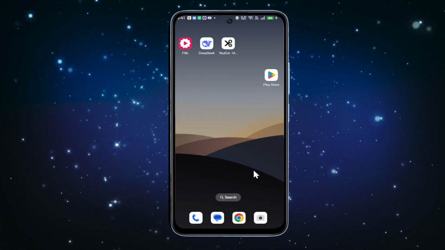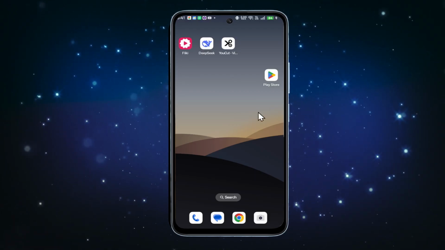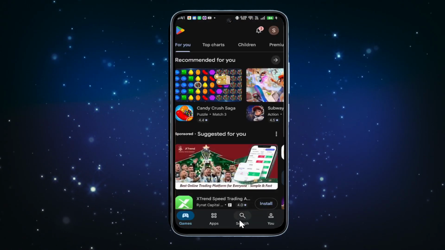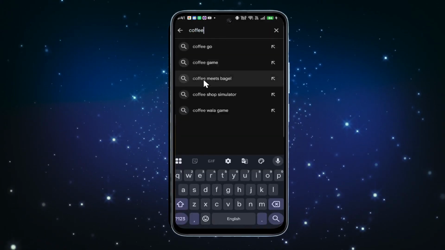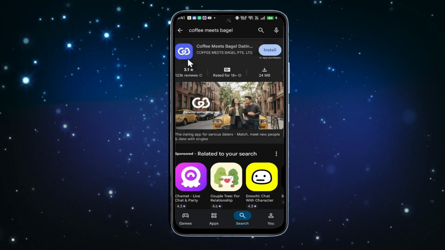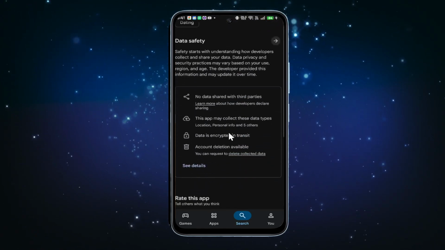If you want to use the Coffee Meets Bagel dating app on your device, open up the iOS App Store or the Google Play Store. Once it is opened up, tap on the search button and then type in Coffee Meets Bagel to begin your search. Now from the search results, tap on the application and you can now see the information about the app